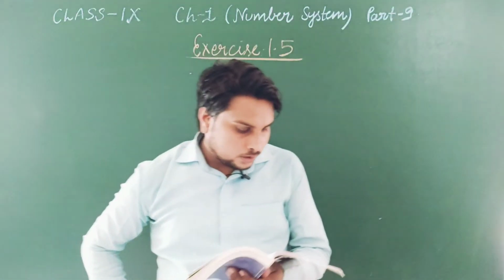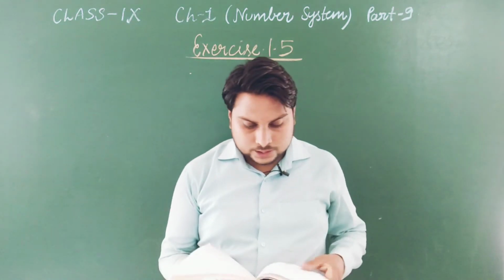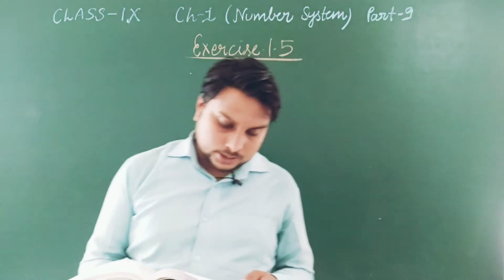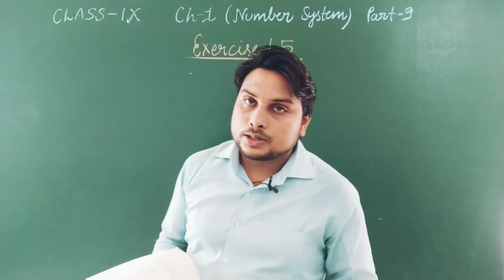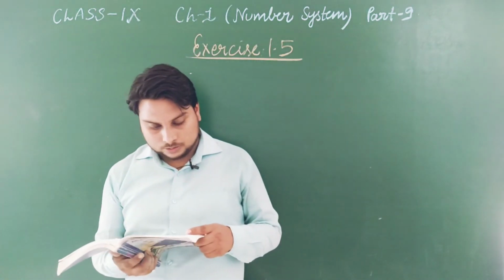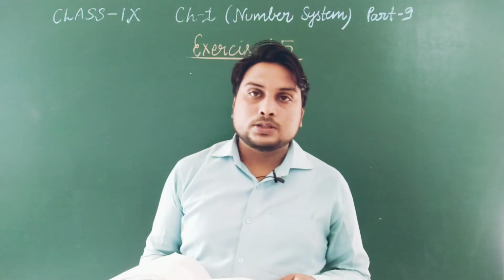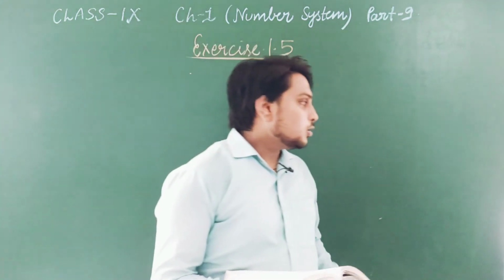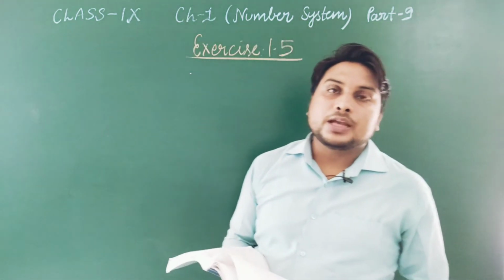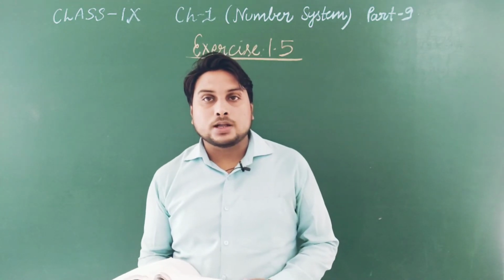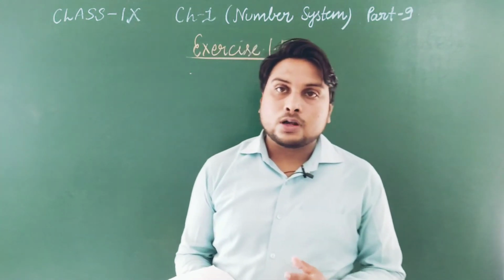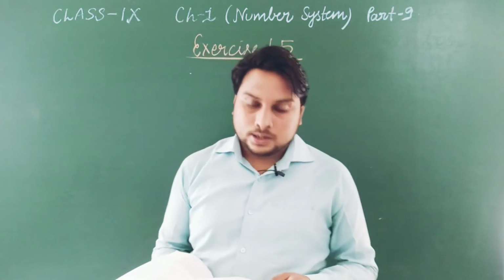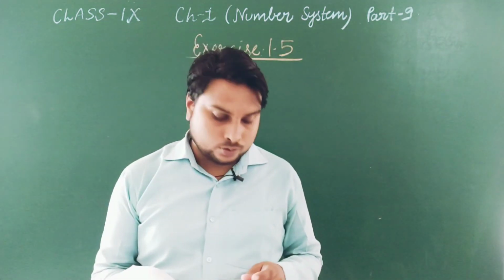You can note it down. Now the next question is about pi, defined as the ratio of circumference to diameter, and whether it is rational or irrational. We have discussed that in the previous video when I was teaching you about rational and irrational numbers, so on the basis of that you can do this question. Question number 4 is to represent under root 9.3 on the number line. In the last class we saw a question where we have to represent under root x on the number line. If we have shown that for a general number x, then we can show it for any number. So under root 9.3 I have told you in the last class.